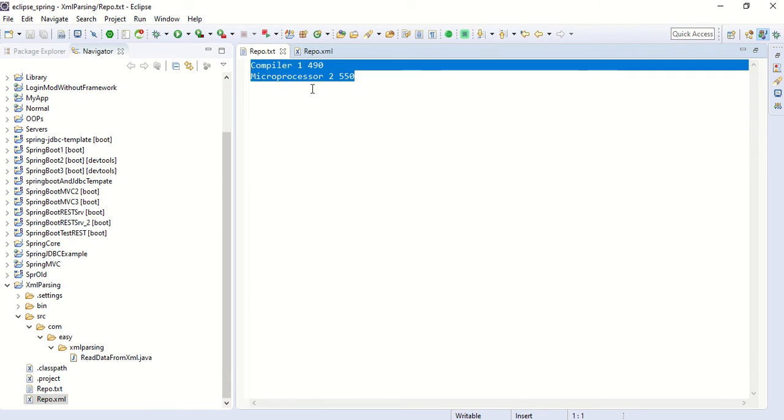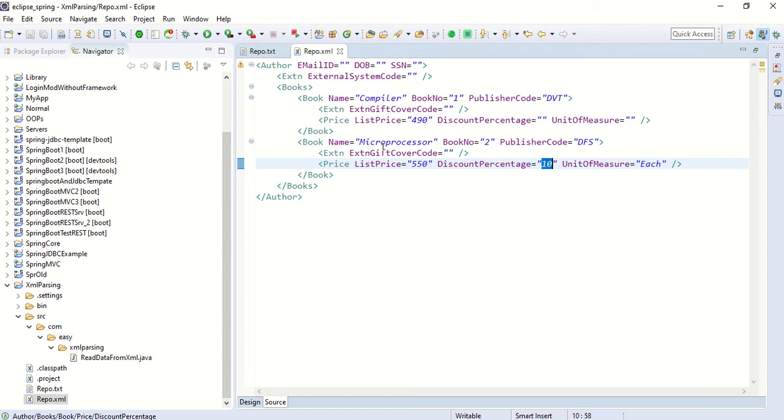But if I give this XML, someone can go through it and he can understand it. So it's a structured format. If you give that XML to someone, he'll be able to understand the data.